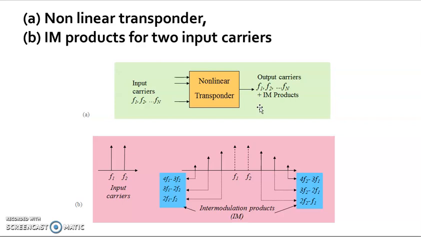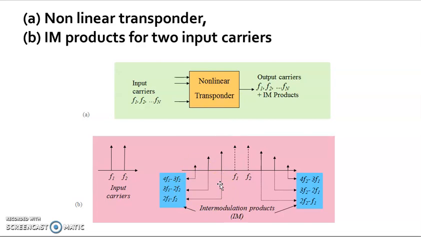Now, we see that the amplifier generates a carrier and the IM products, and this amplifier behaves like a mixer. It generates the sum and difference products of all the input pairs of frequencies and their harmonics. So we have Fn plus F2, likewise, or Fn minus F2, likewise. These are the input carriers, and these are the intermodulation products, which are the sum and difference components.